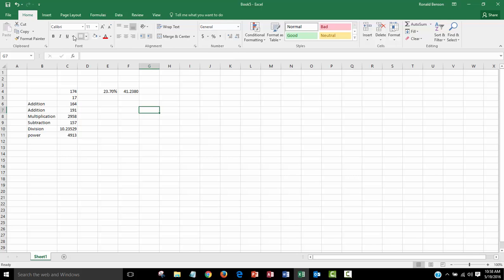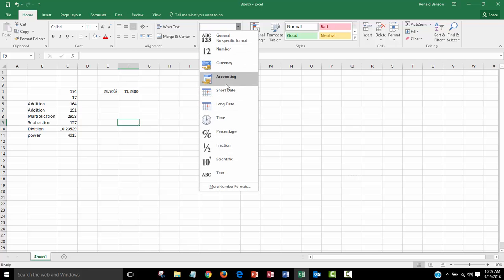In a later video, we'll look at all these ribbon capabilities up here, which is major. We did percentages, we did names, whatever. That's a lot of different things. If you look up here under General and click on the arrow beside it, you'll get all kinds. You do times, percentages, fractions,